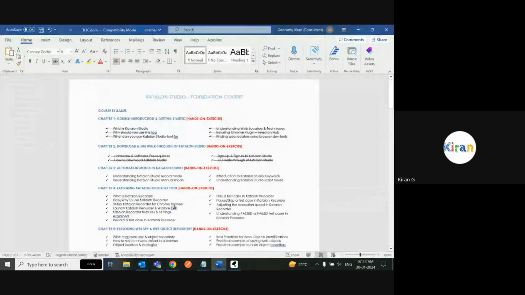So what we are going to start off with is, we will start off with chapter 4 actually. Chapter 3, we will understand it slowly. So in Katalon Studio, you can automate using the record and playback option. That is what I'm going to show you. You can also automate it using the keywords. There are a lot of keywords given by